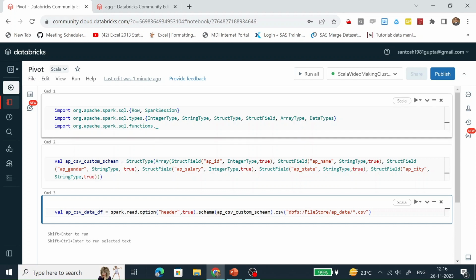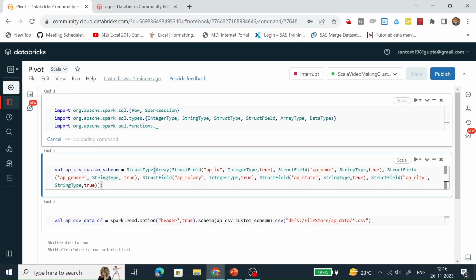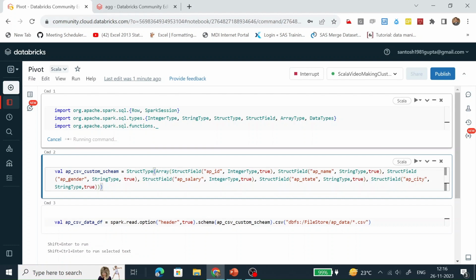Now let's run the code one by one. It is taking some time, so let's wait.